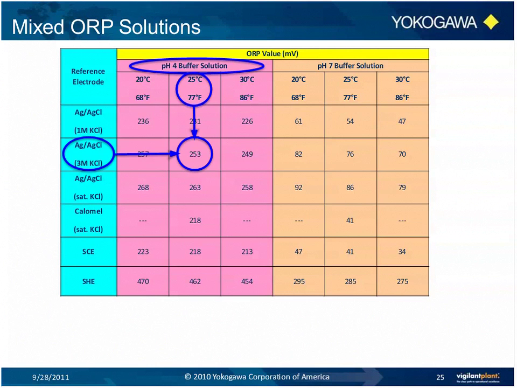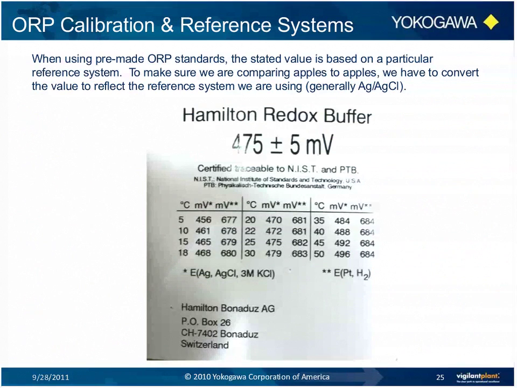When using a pre-made ORP solution, before you perform your calibration, you have to know two things. One, what is the reference solution of the electrode that I'm using? Is it 3 molar KCl? Is it 1 molar KCl? And what is the particular reference electrode system